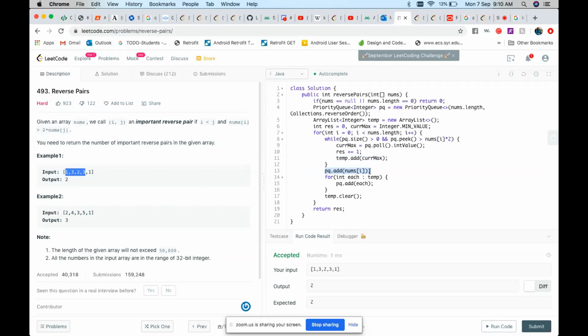Next time when I am at 1, all these elements will be in the priority queue, and the first 3 will be popped. It satisfies the condition. Then the second 3 will be popped. It satisfies the condition, and then my temp will have 3 and 3, and I add both the threes again to the priority queue just to make sure all the previous elements occur in the priority queue.